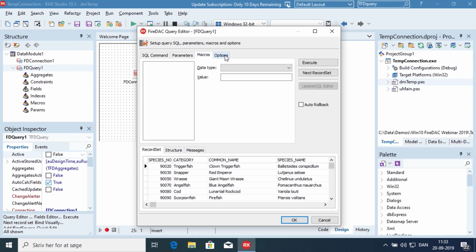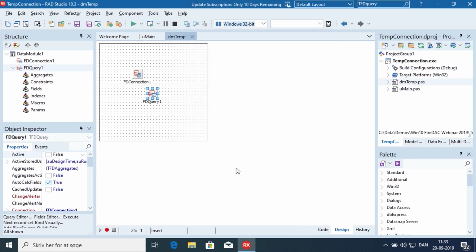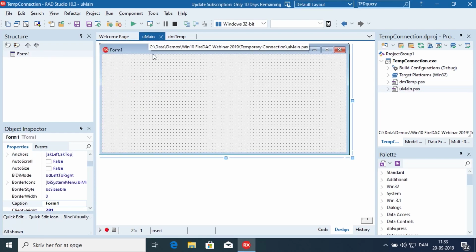Now again, the options are general options, so these work with all or most databases. So hitting OK, I have now saved the SQL inside of the component. So whenever I compile and run this application, the SQL is already there. So if I go to my main form here, and of course I did say we're going to do a fish facts thing,